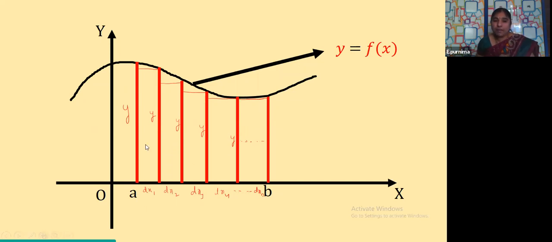So now here, what is the area of this one? The first one, this area I am taking as A1, and the second rectangle's area is taken as A2, and so on until the nth rectangle, I'm considering it as An. Okay, these areas are representing what? Areas. Now here, what are the areas, children? How can you find out? Area of rectangle is what? Length into breadth. So what is the first area? A1 is equal to length into breadth, which is y into dx1.